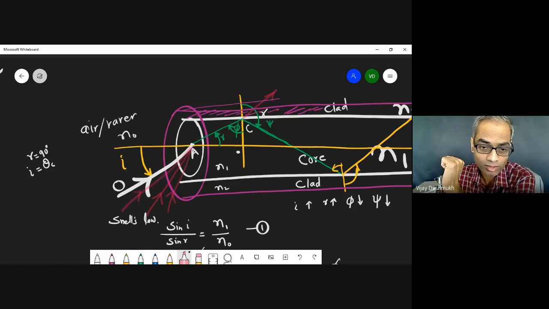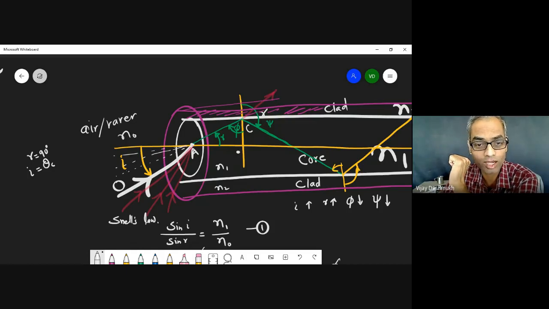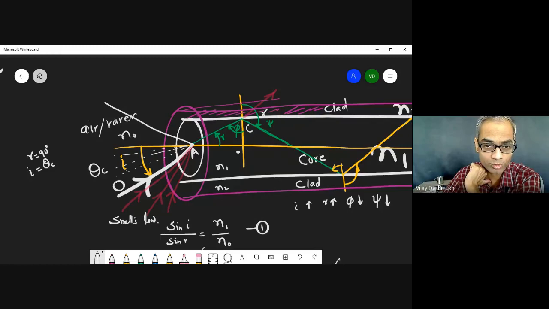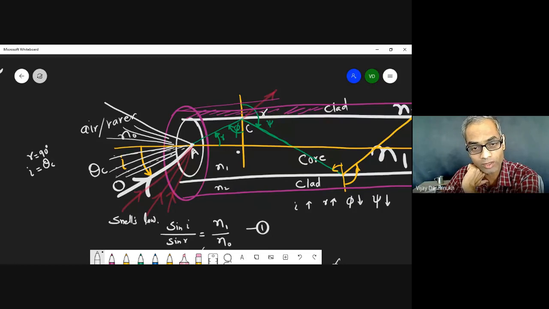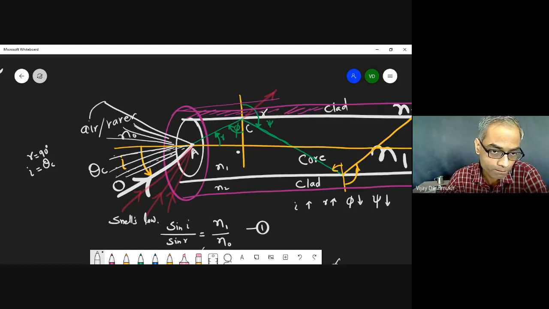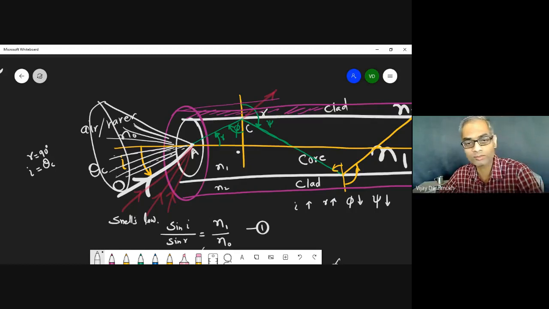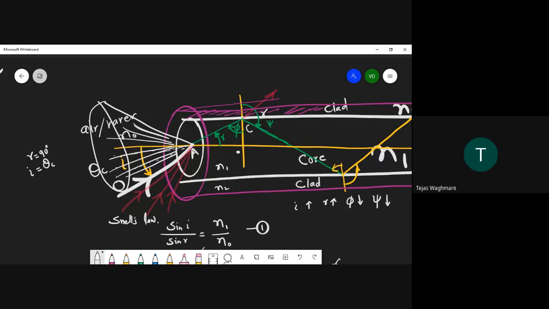Only the light that is incident in this particular region, up to the angle of theta c, from the bottom side and also from the top side, if you make the light incident from here too, this corresponds to a kind of triangle in two dimensions. Now, if you rotate it in three dimensions, what will you get? What shape will it form? Cone. Yes, it is a cone.